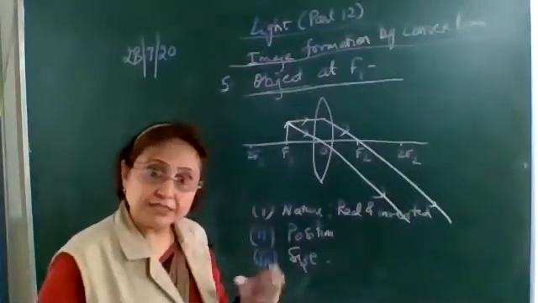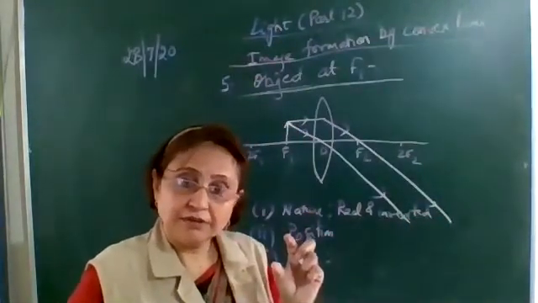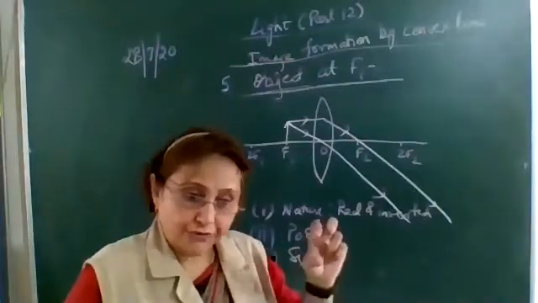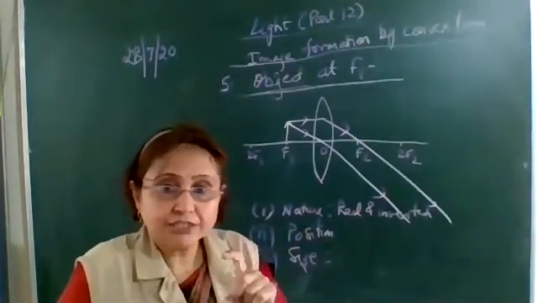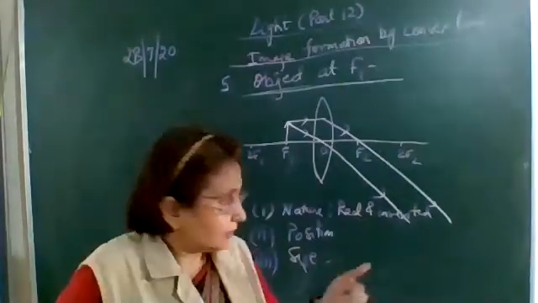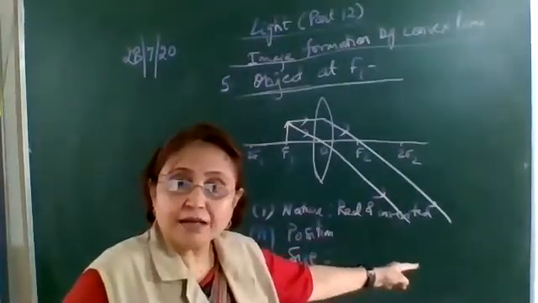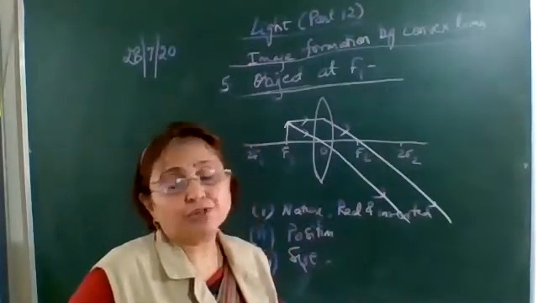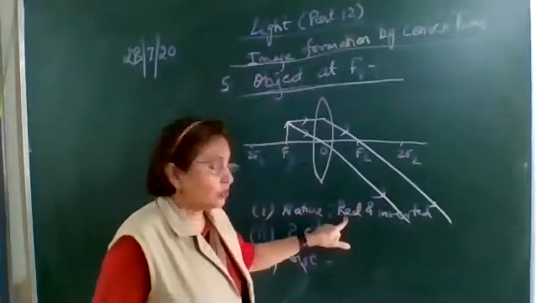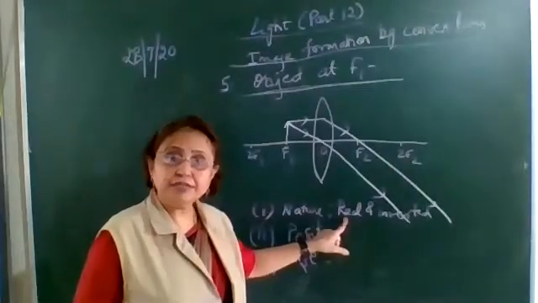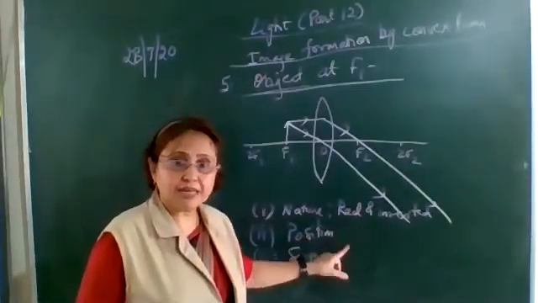Like the sun, we consider the sun a point object. From there, when the rays reach the Earth's surface, we consider the rays to be parallel to each other. The same way, these parallel rays are going to meet very far away, that is at infinity. As they meet, the nature of the image is real and inverted.